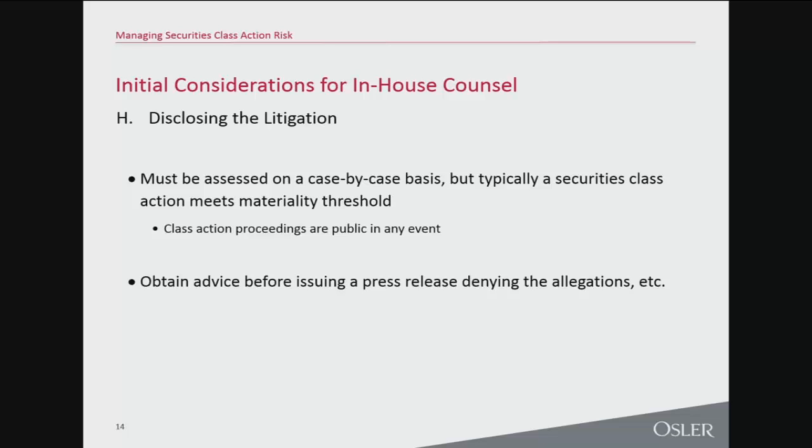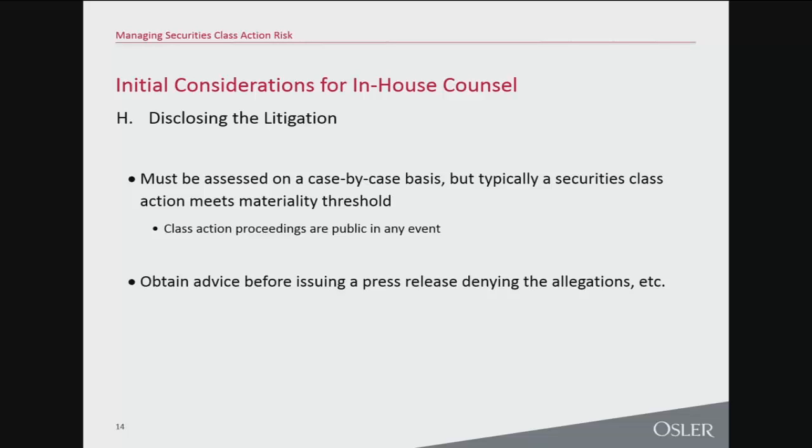And I think there needs to be a discussion amongst all the various stakeholders about whether or not to make that type of disclosure. In particular, situations in which there are parallel regulatory investigations might make companies think twice about making that type of defensive disclosure. You don't really want to tick off the regulators by saying that all the allegations of the complaint are completely frivolous while the regulators are investigating the same underlying conduct and they have a very different view about whether or not that conduct is frivolous. So that's definitely something to consider, though in general, obviously disclosure is appropriate and saying something defensive of the company